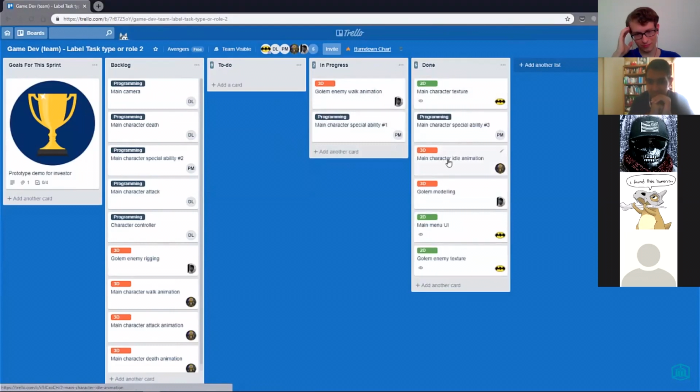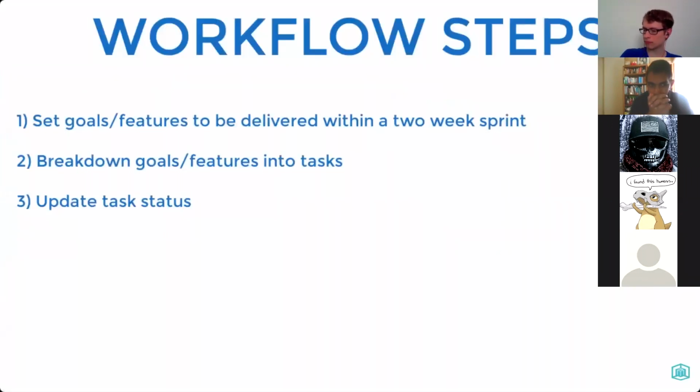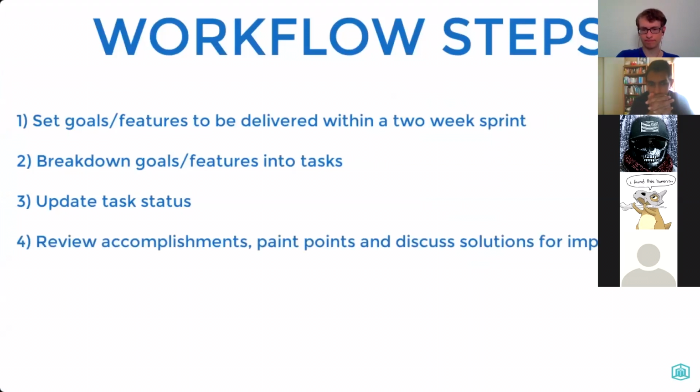So then imagine this is the last day of the sprint, and this is what it looks like. You'll need to stop everything that you're doing and then give some time to review all of the progress that has been accomplished. And during this review process, discuss with the team about the different pain points, the different challenges, and also what has been working well so far. This gives each team member an opportunity to suggest solutions and also share their problems.